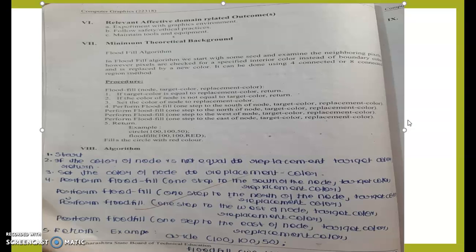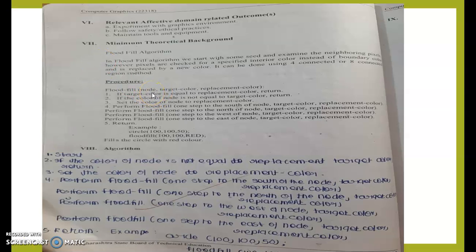What is the procedure to fill the polygon using the flood fill algorithm? First is the flood fill function. In this flood fill function, the first parameter is node.